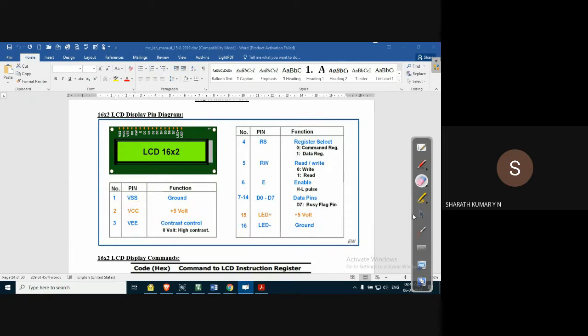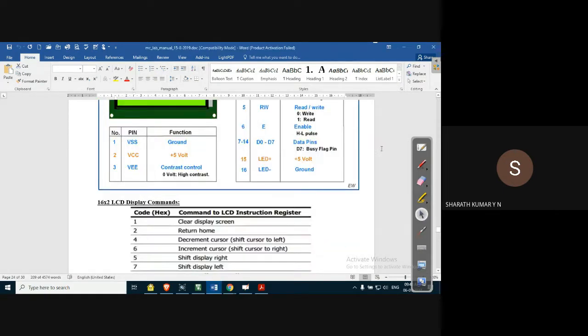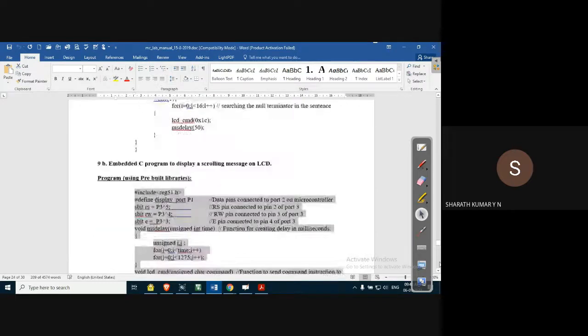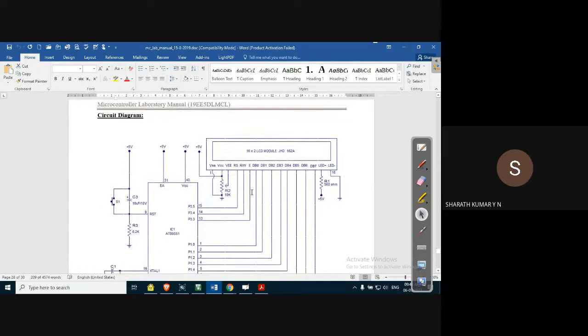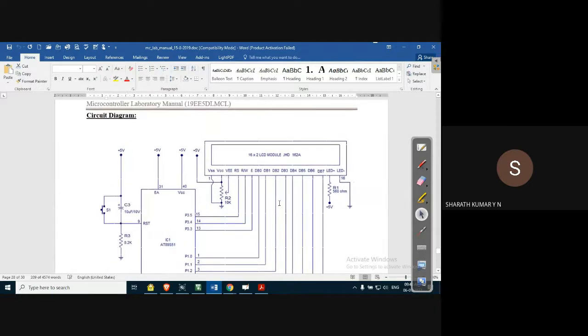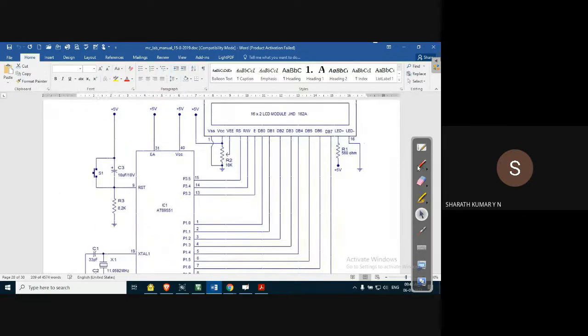Pins number 1, 2, 3 are connected something like this. Let us discuss that here. You can see the connection. Pin number 1 is the ground point, connected to ground. Pin number 2 is VCC, shorted to VCC.